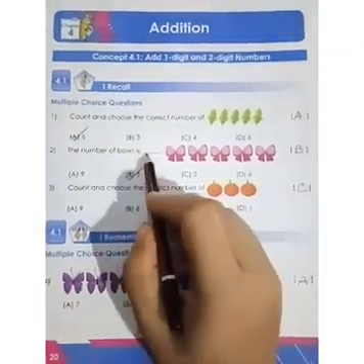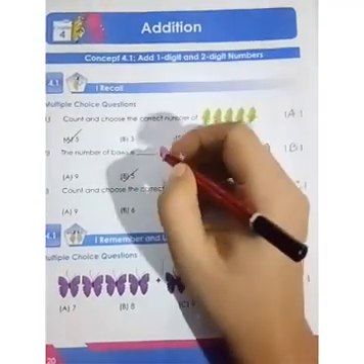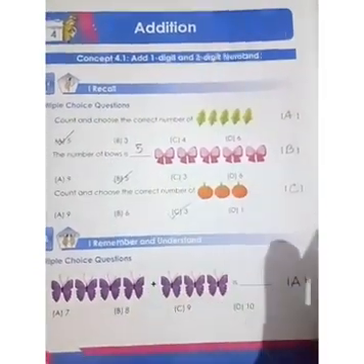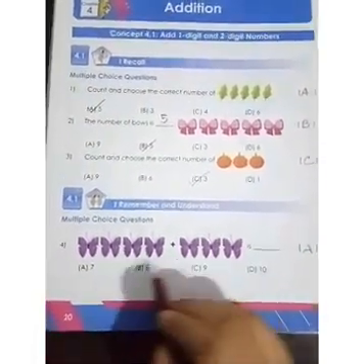Now in question number 2, a blank is given here. In the other question the blank is not given. So in question number 2 you can write the number 5. Okay, if the blank is given like that, you can write in the blank also. Question number 4, we have to add.